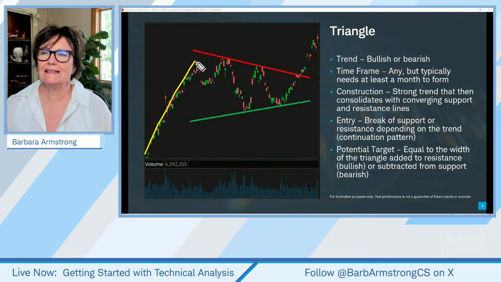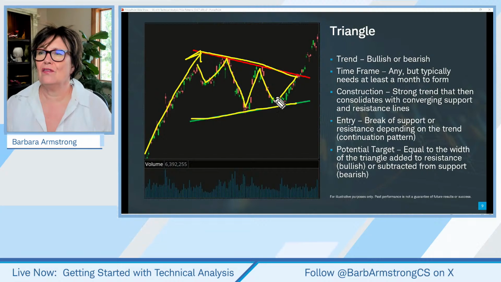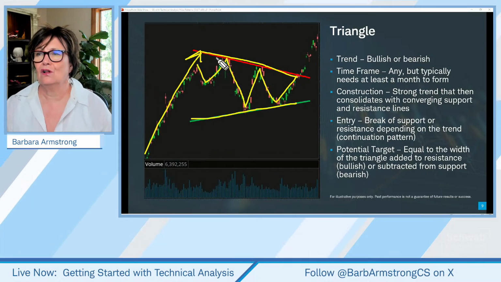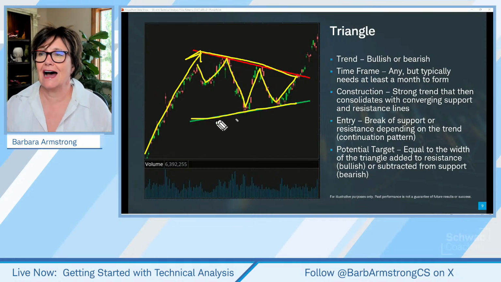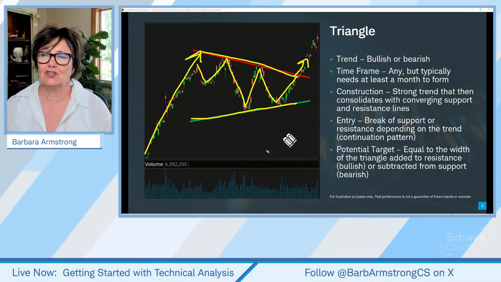So when we see something that's been uptrending, and then we see this consolidation type pattern, it's kind of like a coiling. We call this a symmetrical triangle because we have both lower highs and higher lows occurring at the same time. And the expectation is that this is a consolidation, but the expectation is often for the trend to continue.